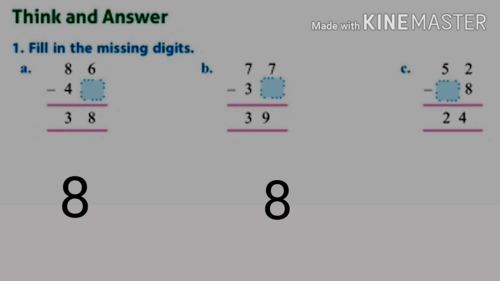Now in the third problem, we can see that from 52 you are subtracting a number. We have to regroup the number in ones place so as to get the answer as 4. So 12 minus 8 is equal to 4. That means we have taken away 1 ten from 5 tens, and so the remaining is 4 tens, and 4 minus 2 will give you 2. So we have filled up the missing digits, isn't it? We have learned about mental maths, and we have learned how to do the exercises in the textbook, isn't it?